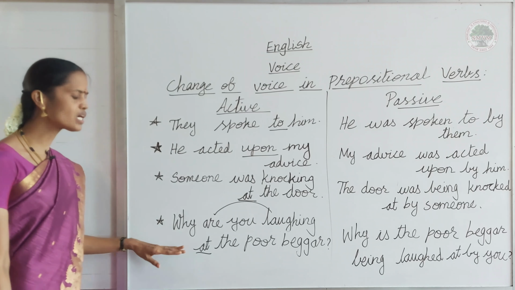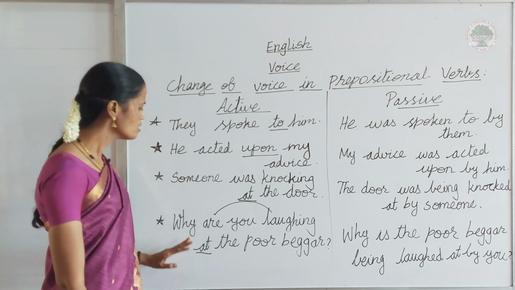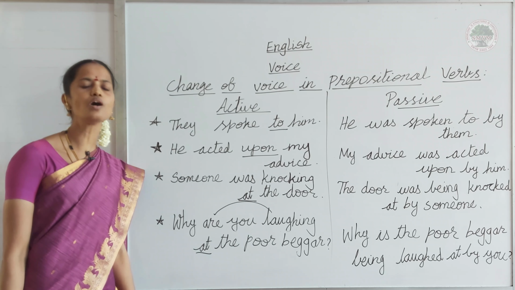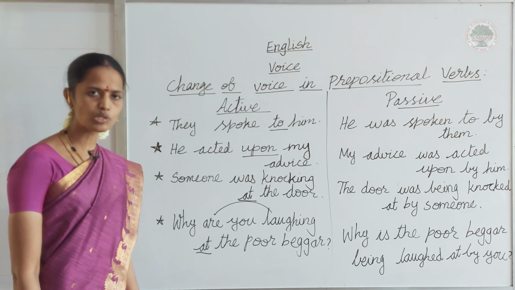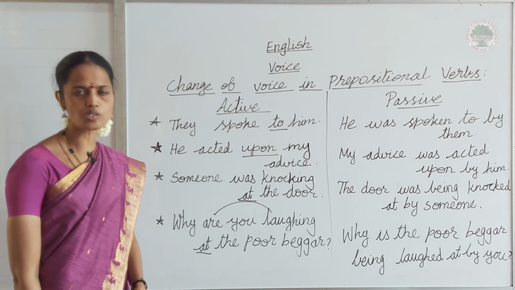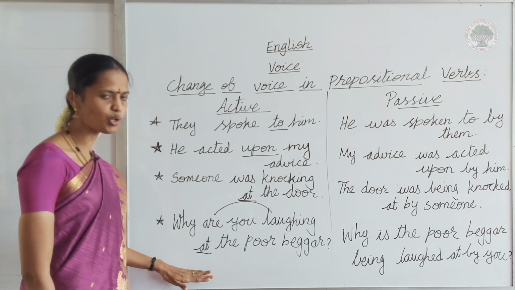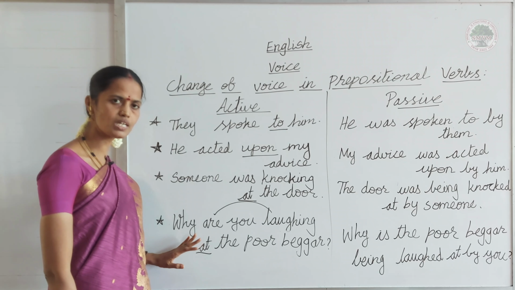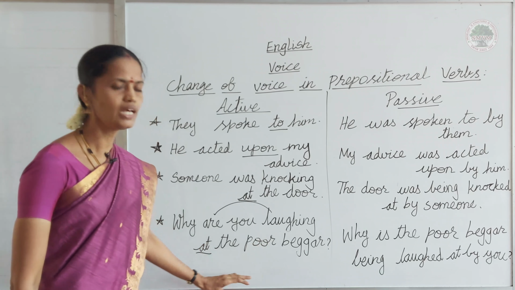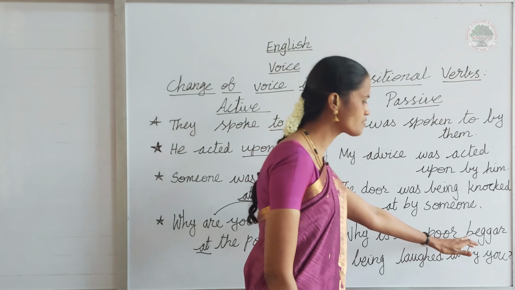Now we can take the last example. This last example is given in the form of interrogative. So, "Why are you laughing at the poor beggar?" You know very well how to change these interrogative sentences. It was explained in the previous videos. Okay, you can go through them if you have any doubt, in the transformation of sentences. Okay, so now I will be explaining about this. So as it is an interrogative sentence, the WH question word as it is we have used here. Then what about this object? The poor beggar. So we brought that "the poor beggar" in the place of subject here.